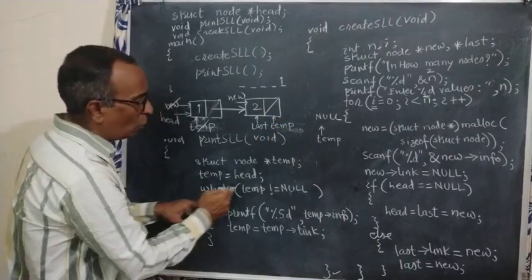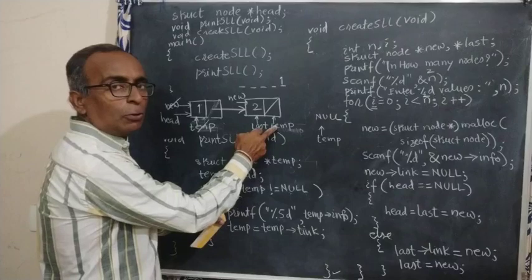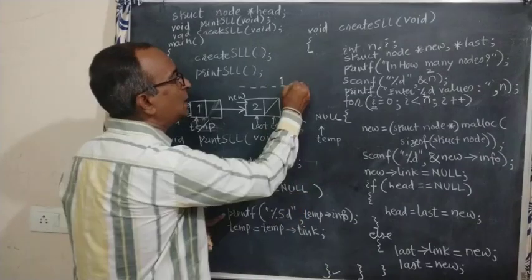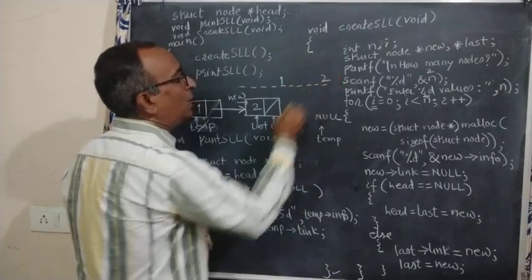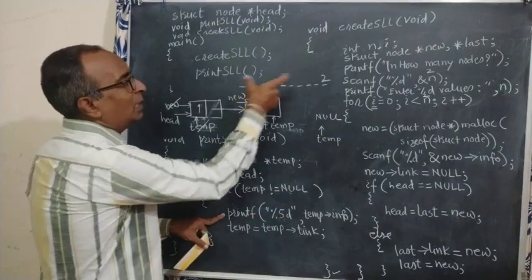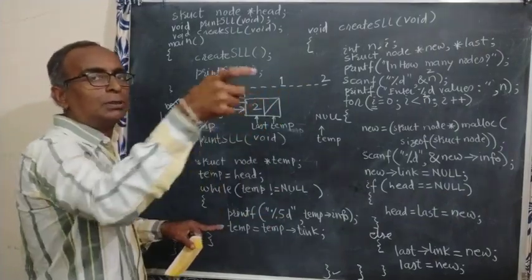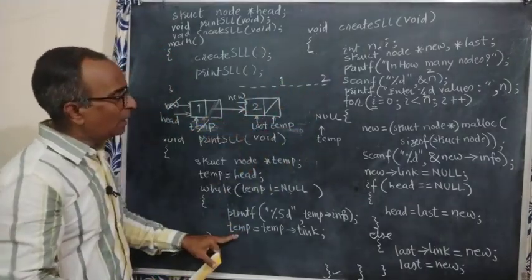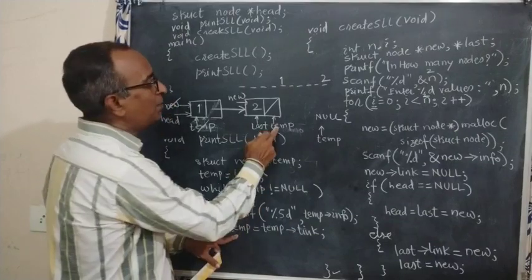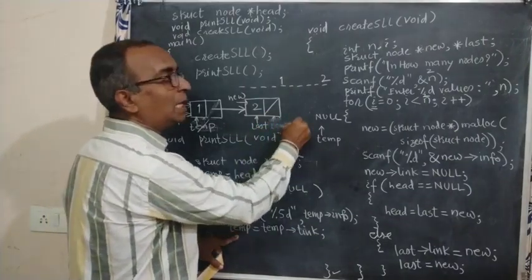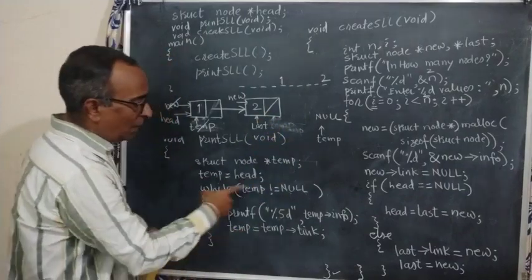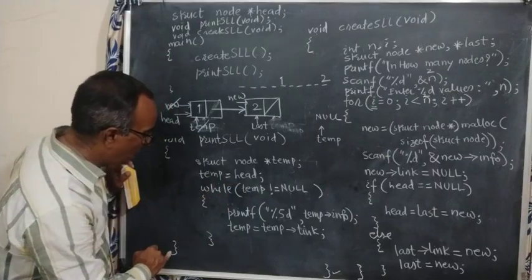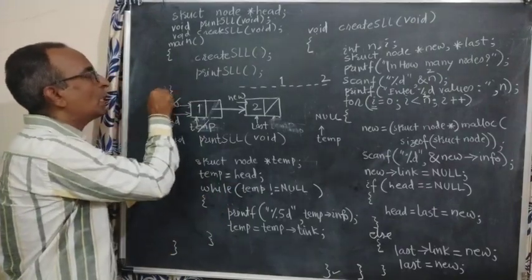Again it will go to the loop. Is temp null? No, not null, so this is true again. When true, it will go inside. 2 will be printed in 5 spaces. So why do we give this here? So that when it prints these numbers, they are separated with spaces, so it will look good. Then temp's link is given to temp. Temp's link given to temp means what? Temp will become null now. Null is given to temp. When it is not null, it will continue. When null, it will come out, meaning printing is over. It will return here, and this program ends.